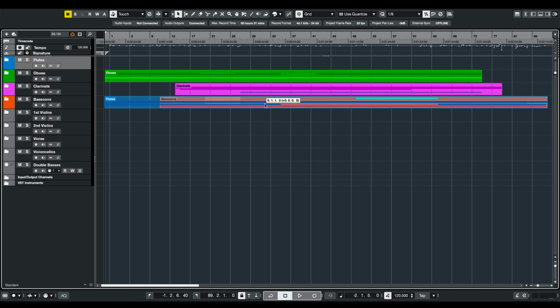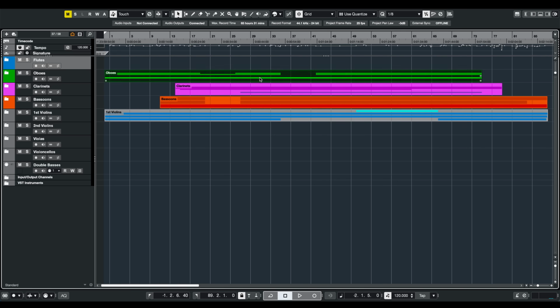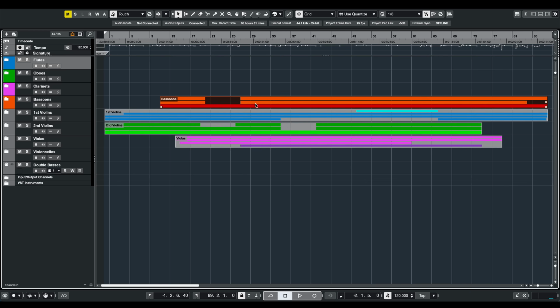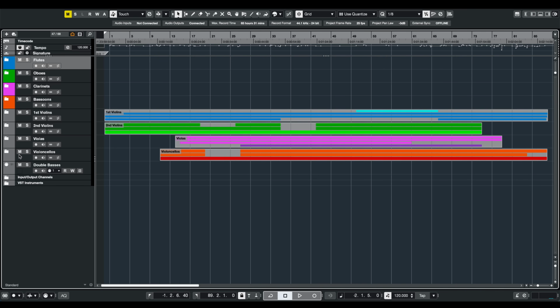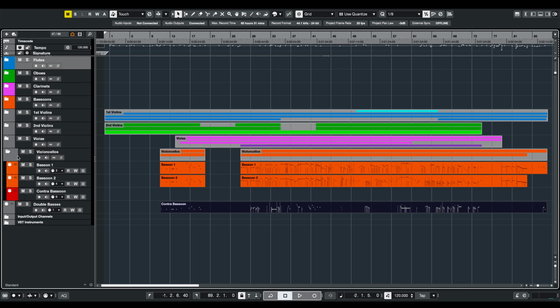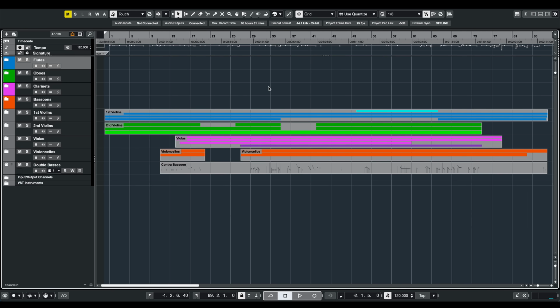Think of the flutes as the first violins, oboes as the second, clarinets as violas, bassoons as celli, and contrabassoon as double basses. And you'll see that writing for woodwinds will be much easier. Of course, the sound is not as homogeneous as with the strings, but that's what makes woodwinds so special.